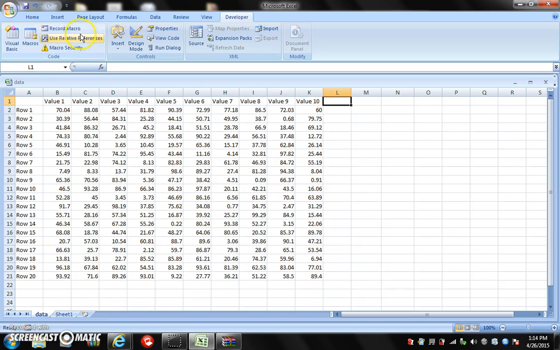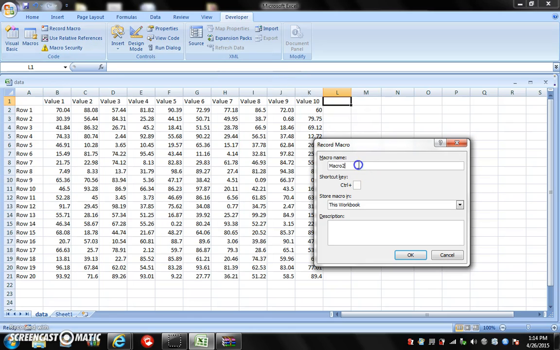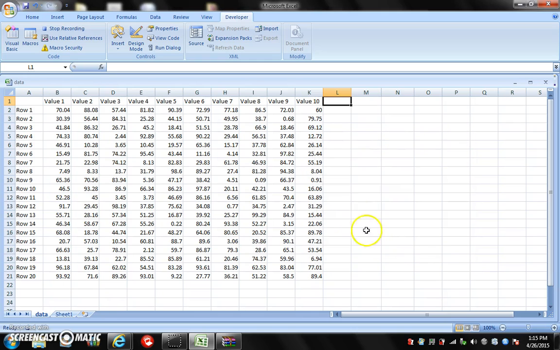So what we'll do is we will go to record macro. Let's just name it sample macro 1, hit OK. Say I want to make it Control L, and hit OK. It's recording as we speak, so I'm going to put average, min, max,